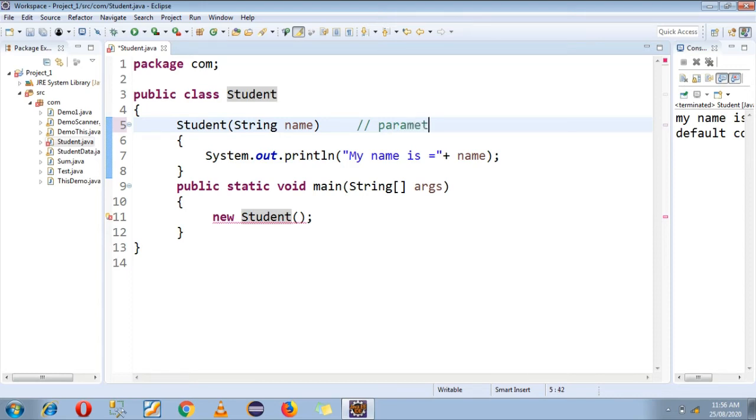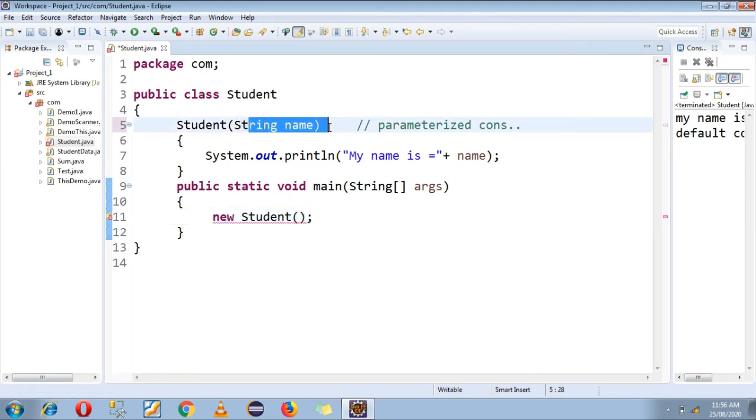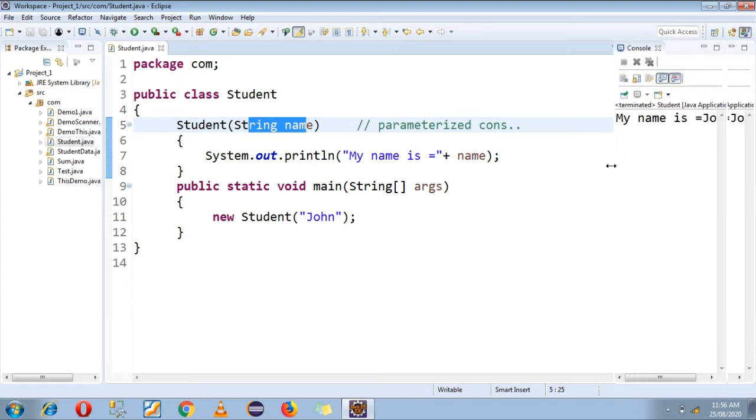So I have to provide a string value to this string variable. Now I am running my code. You can see my code executed and it's printing my output, my name is John. So in this way you can create a parameterized constructor. You can call a parameterized constructor using the new keyword like this.